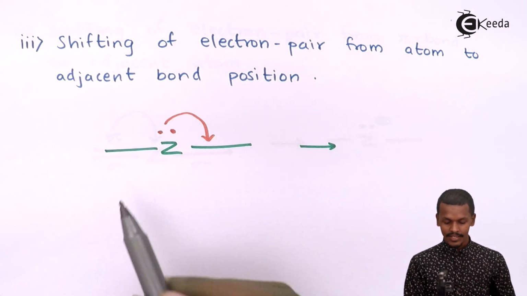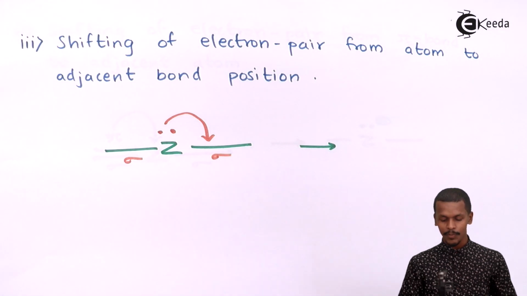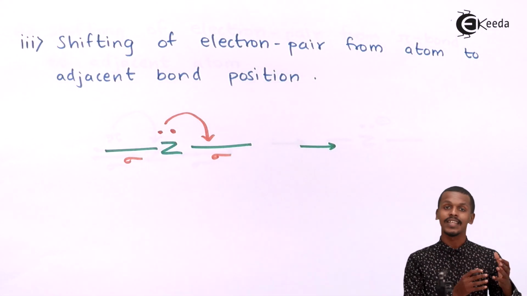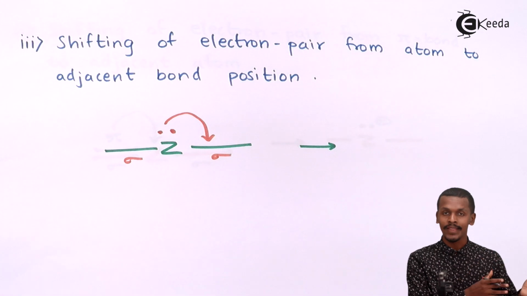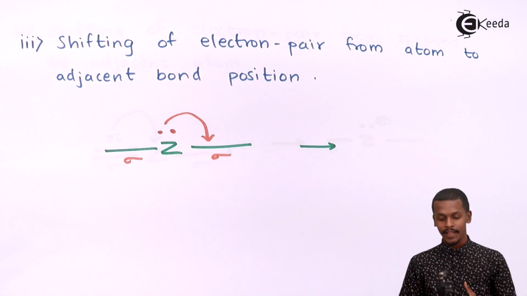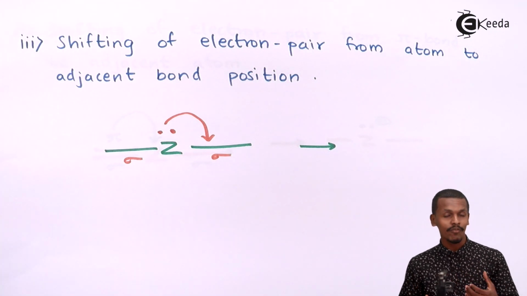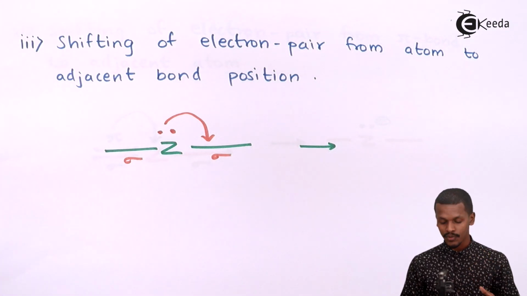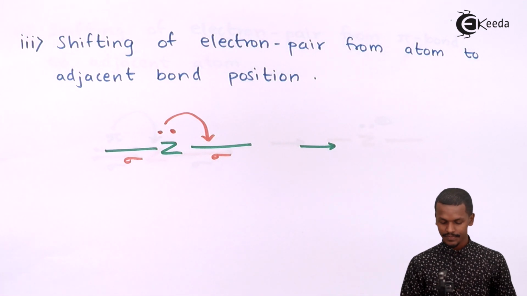Now here the sigma bond is present. Here also the sigma bond is present. But because of these 2 electrons on the atom, which are basically the pi electrons, the new bond that would be formed is basically the pi bond. So that's the reason we could write it in this way,